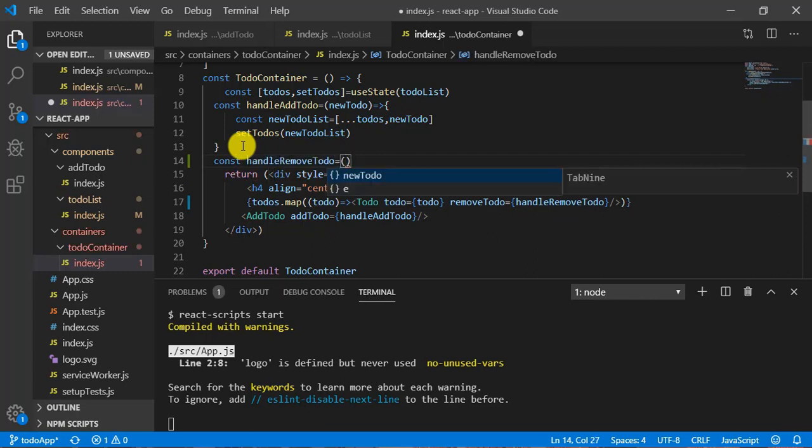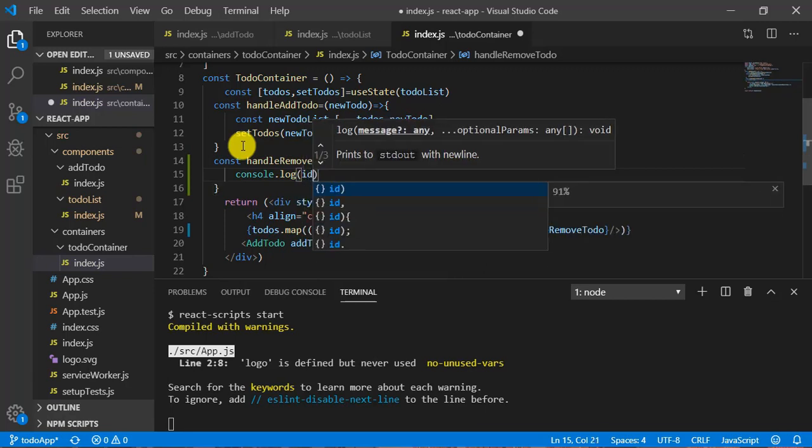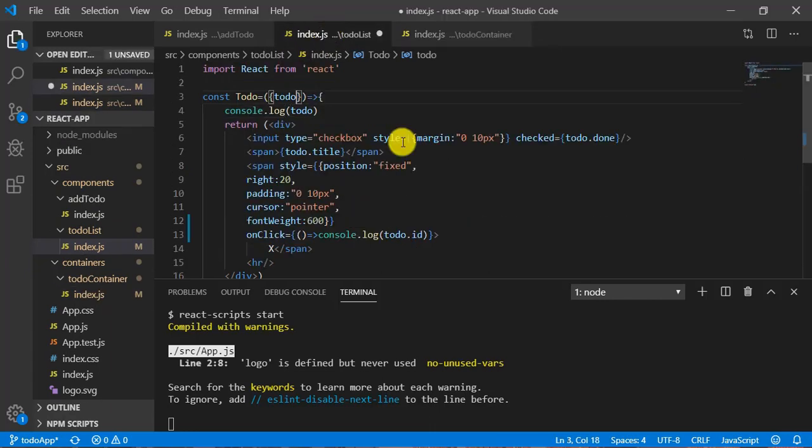Okay, and this is going to take a parameter, that is going to be your ID, and here now let's do console.log of ID. Okay, so now I am passing this function as a props here, removeTodo. So here I will get this function as removeTodo. Okay, now on click of this I wanted to call this function, so I can write here in curly brackets this function. Okay, and I am passing this todo.id, meaning the ID of the todo.